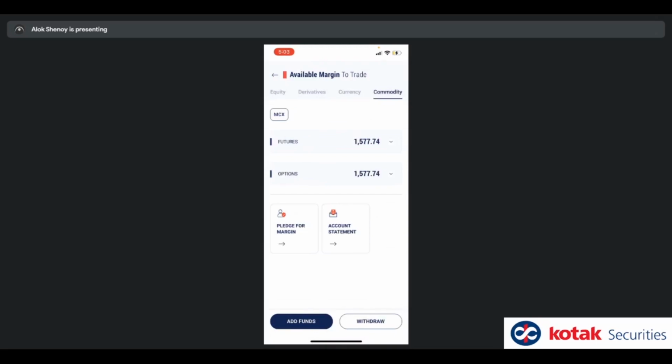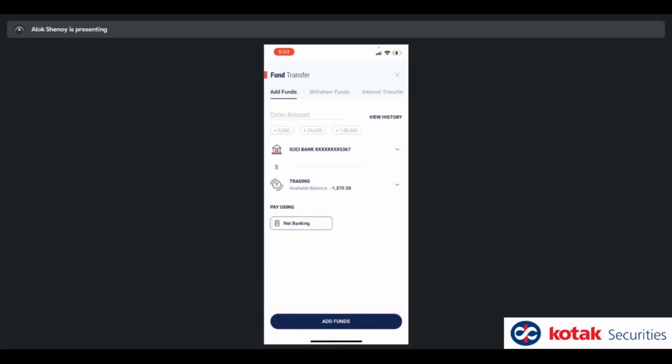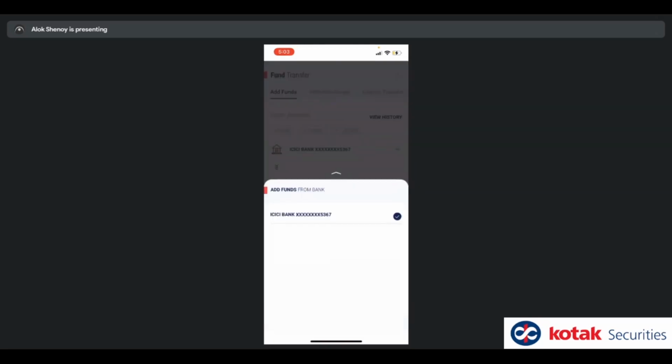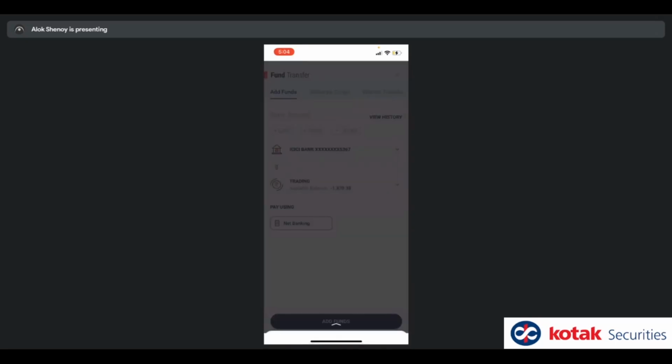Now, if you want to add funds or withdraw funds, you can see the two buttons at the bottom, okay? You click on add funds. Depending on which bank account you have linked, you will get different options over here. In my case, I have the ICICI Bank linked because that was my primary account at some point, hence ICICI. But if you have multiple banks linked, just click on the ICICI entry up here, for example, and you will get multiple options here, okay, which you can select from, and that can become the bank you transfer the money from. Now, if you're transferring funds, you want to determine which segment you want to transfer the money to.